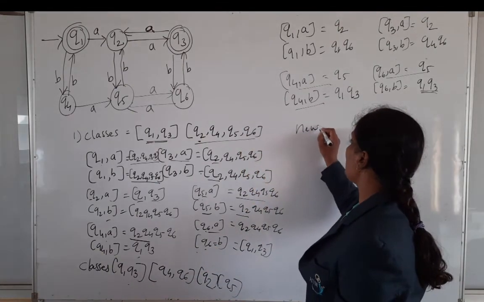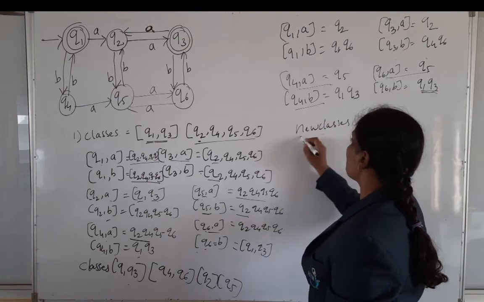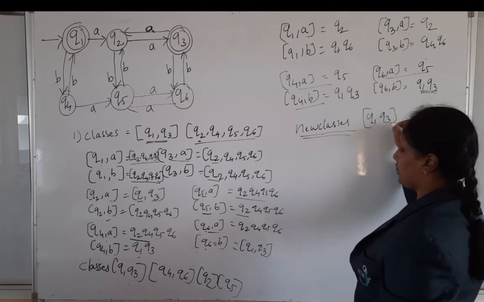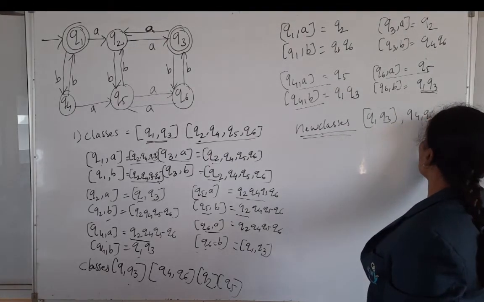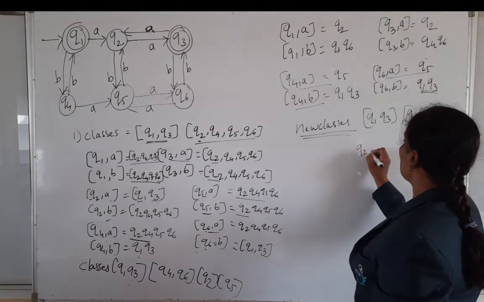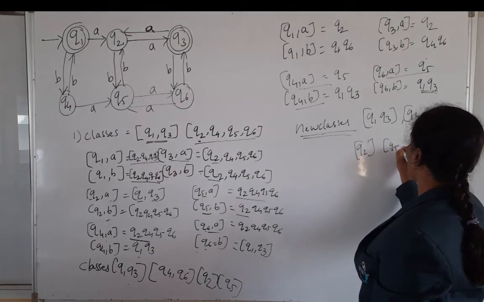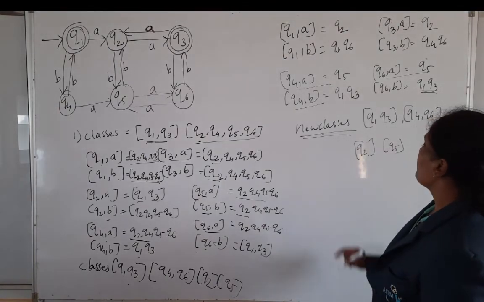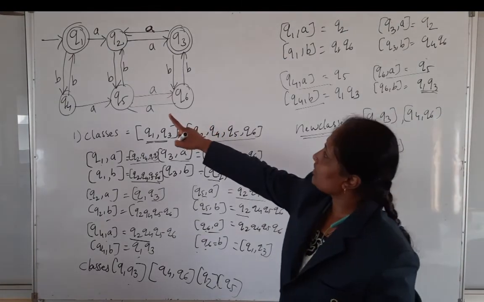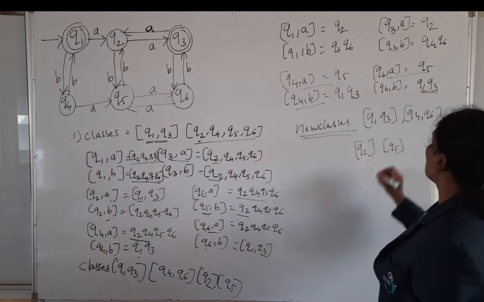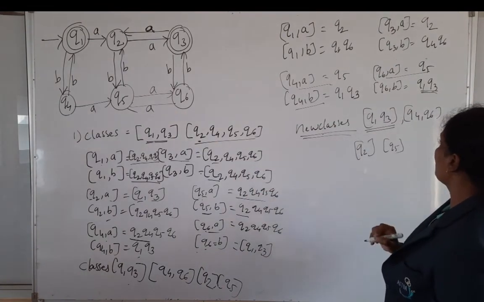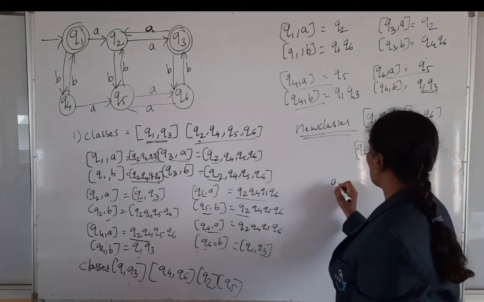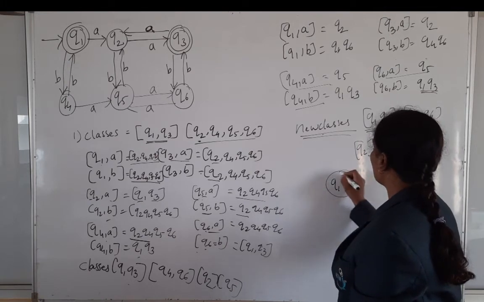So based on this, I will tell the final states of my min DFSM are Q1, Q3, Q4, Q6, next Q2 and Q5. Next, we should draw the DFSM for this. So here Q1 is a final state, Q1, Q3 are the final state. So this is my final state, and which is the start state here? Q1 is the start state, so final and start state will be Q1, Q3.